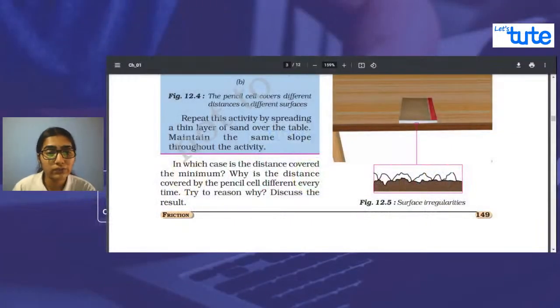If someone questions you what is friction, remember surfaces are not completely plain. Surfaces are rough. When the surfaces are rough, sometimes while moving, the grooves and ridges attach themselves. So if you see the table's grooves and ridges and the book's grooves and ridges, they will attach themselves. Now, when I try to move the book, I'm not talking about picking the book. What happens if I push the book? When I'm pushing the book, due to these grooves and ridges, it is difficult to push it. So, we say the friction is very high. So, this is friction.